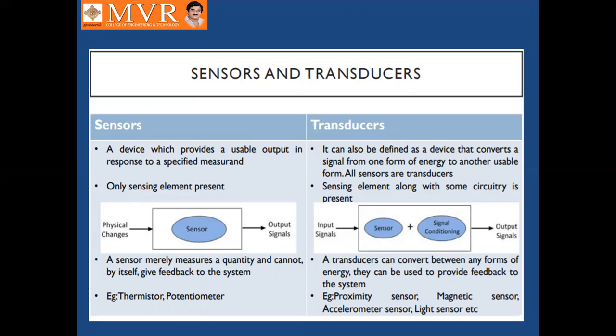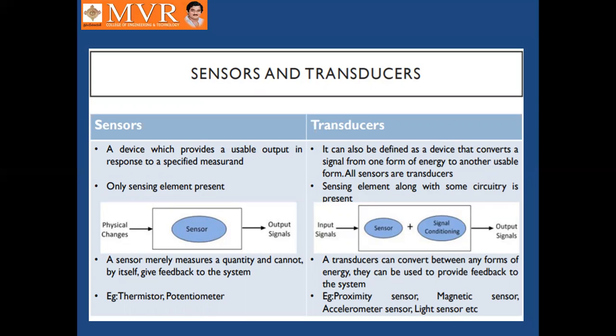In the case of a transducer, it is able to convert one form of energy into another form of energy. The input of the transducer may be displacement, a variation or deviation of displacement. The output of the transducer may be digital or electronic, or analog. So in the case of a transducer, there is a separate circuit in between, so we can call a transducer a collaboration of a sensor along with a separate circuit.